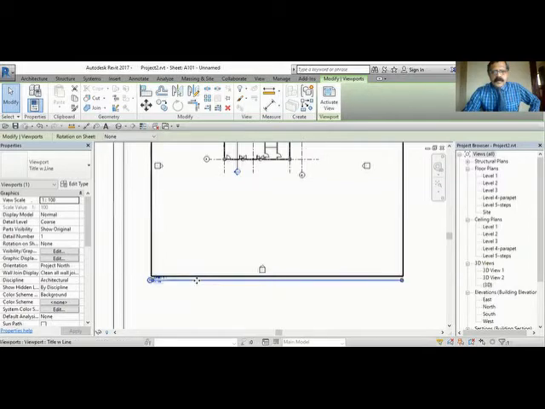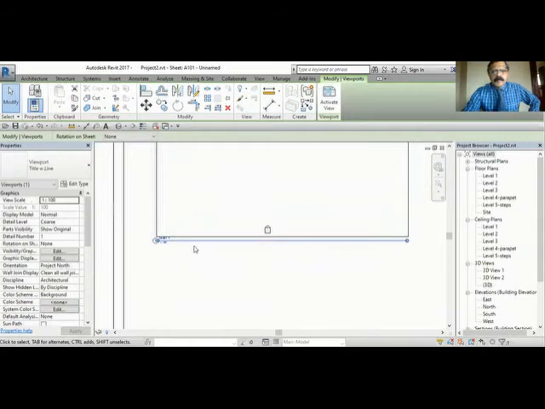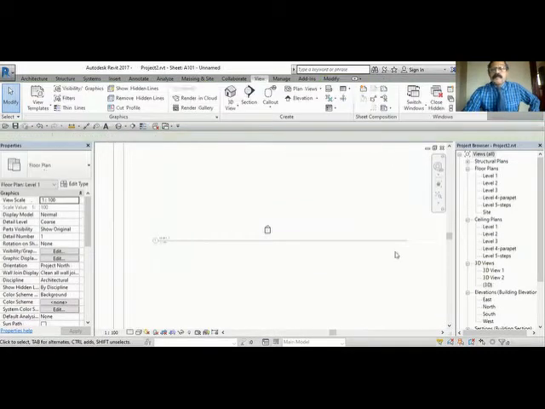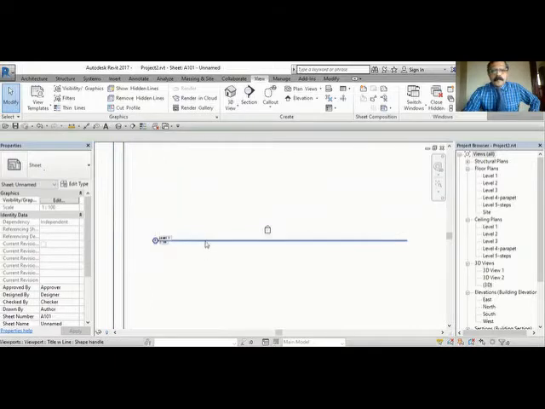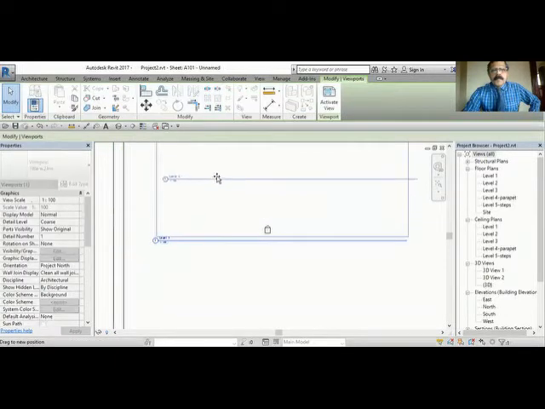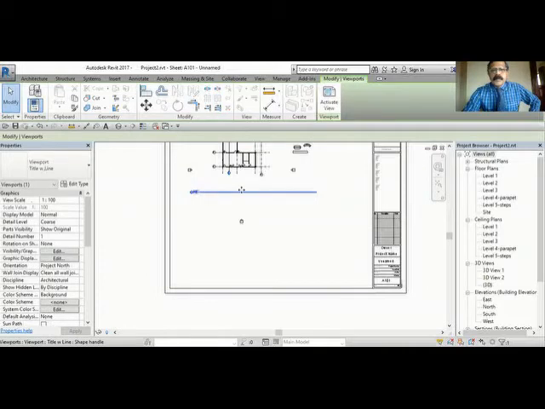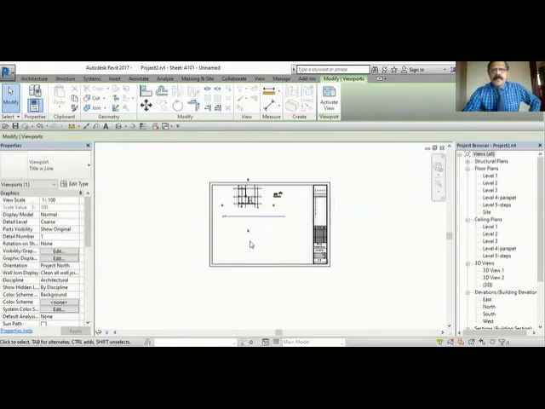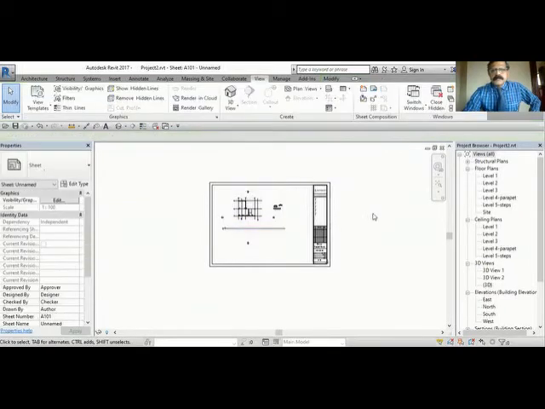So this view, I can move a little bit up. This length also, if you want, you can do it.